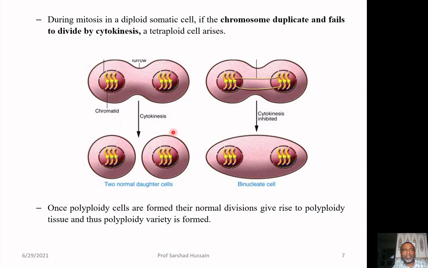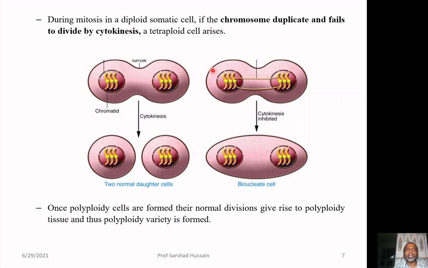In addition to it, during mitosis in a diploid somatic cell, say for example, in normal mitosis, the cell divides and the 2 nuclei are separated apart. Say, for example, it had 3 chromosomes. So, 3 chromosomes in one nucleus and 3 chromosomes in the other nucleus were separated into 2 cells, each cell having 3 chromosomes. But if cytokinesis does not take place, both nuclei will be present within the same cell. As a result, this cell will now have 6 chromosomes.